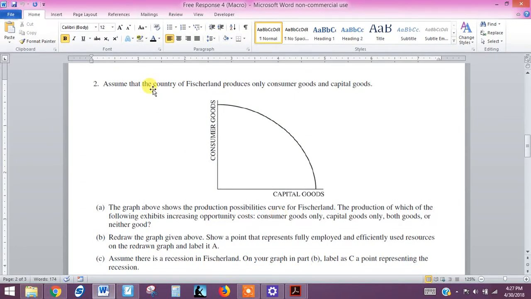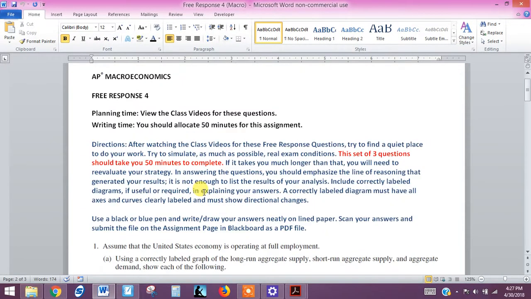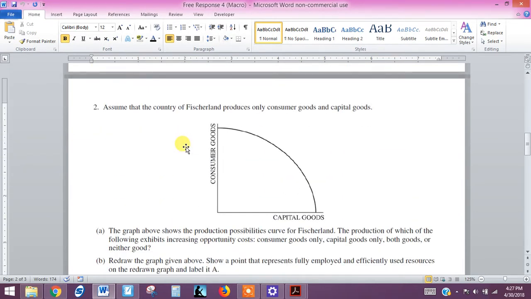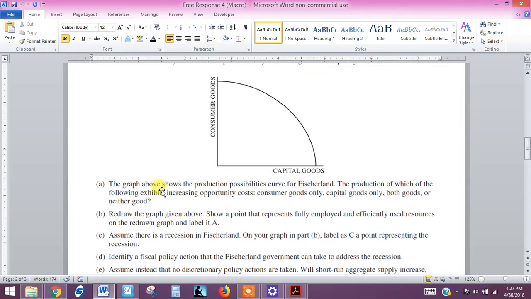We are looking at question 2 from your free response 4 assignment. In question 2, we're given a production possibilities frontier curve. It's concave, and we have consumer goods on the vertical axis and capital goods on the horizontal axis. And the first question we're being asked is,